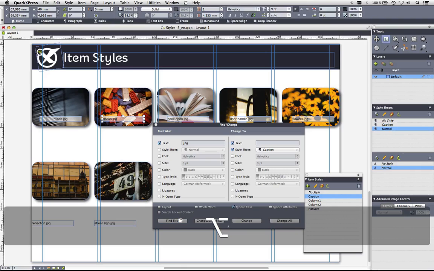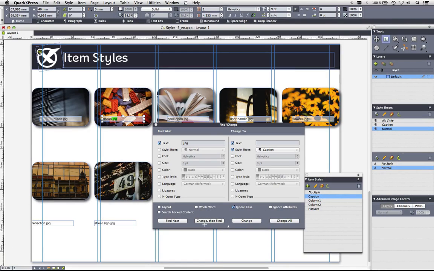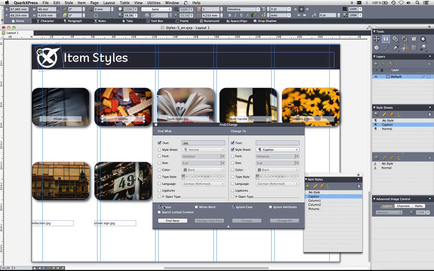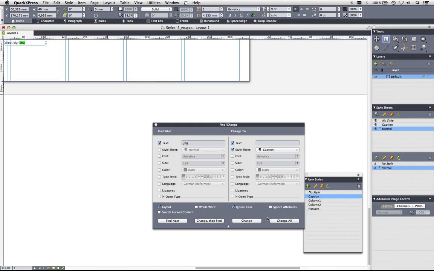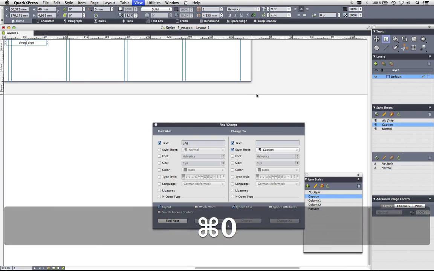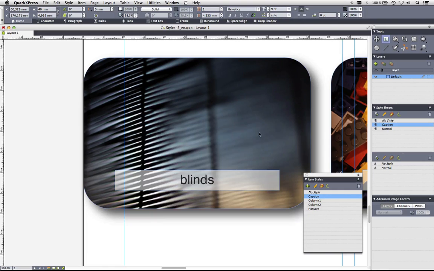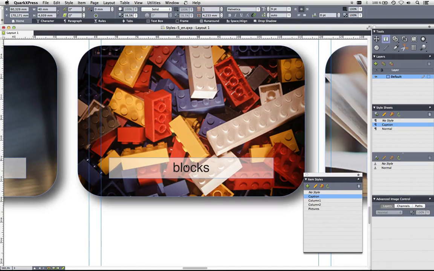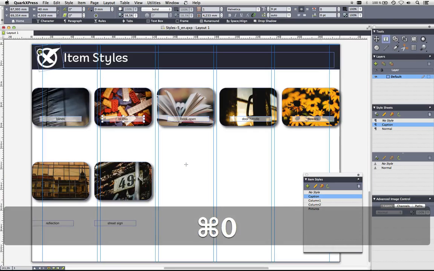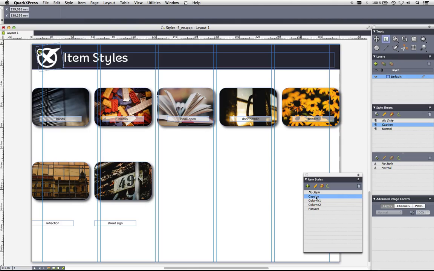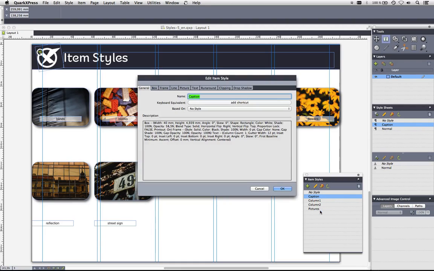So let's find first, right? There's my first one, and then I say change and find, or change all, and just one has changed. Why is that? Because I didn't click on layout, right? So find first, there's the first one, change all, 6 instances changed. And if you look what I've done, I have applied the style sheet, and I've removed all the .jpg, right? So a great way of making all of these things consistent here, with the advantage, of course, that now when I say, well, my drop shadow isn't strong enough, so I'll just go to pictures, I go to edit, and